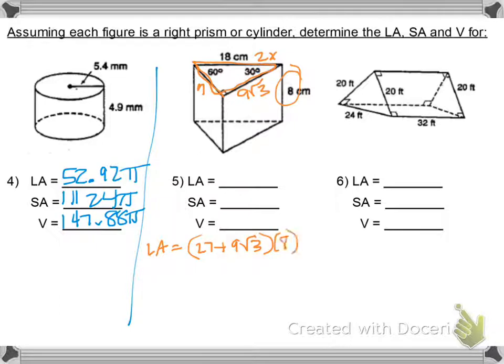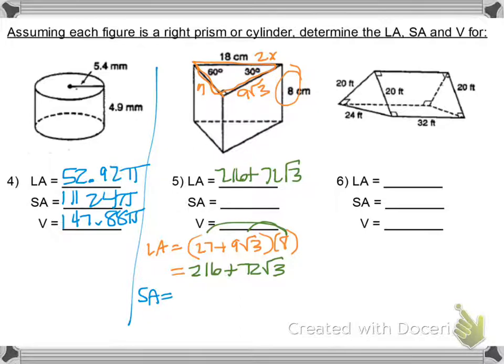That would be 8. And what we're going to have to do here is distribute this 8. So 8 times 27 is 216, plus 8 times 9 is 72 square root of 3. That, as yucky as it looks, is your lateral area. Okay, then we do our surface area,